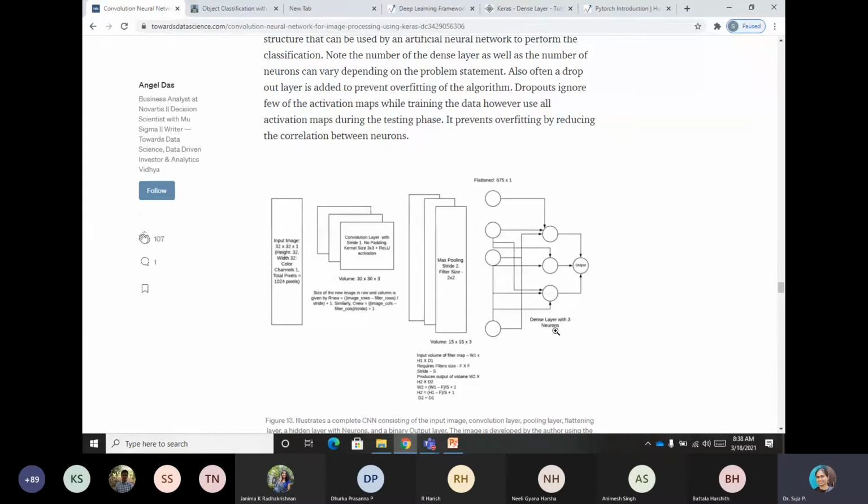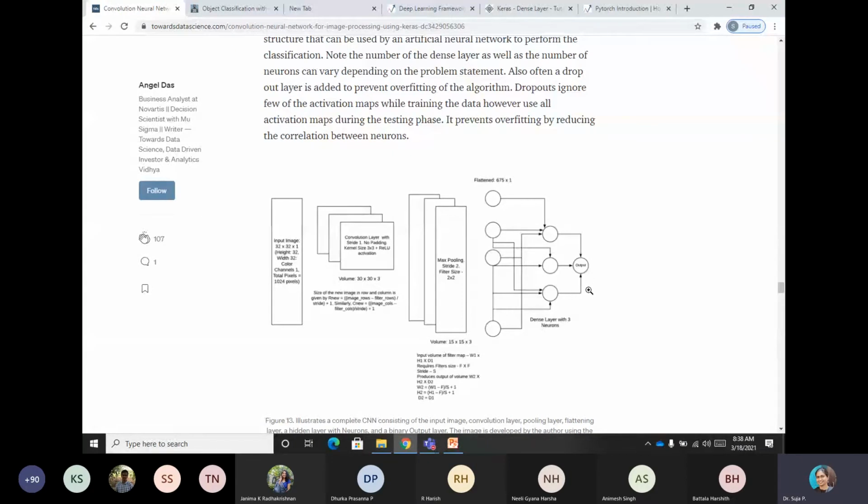So this hidden layer takes care of determining the output. The important decision making activation function will happen here, and then you get your output here.